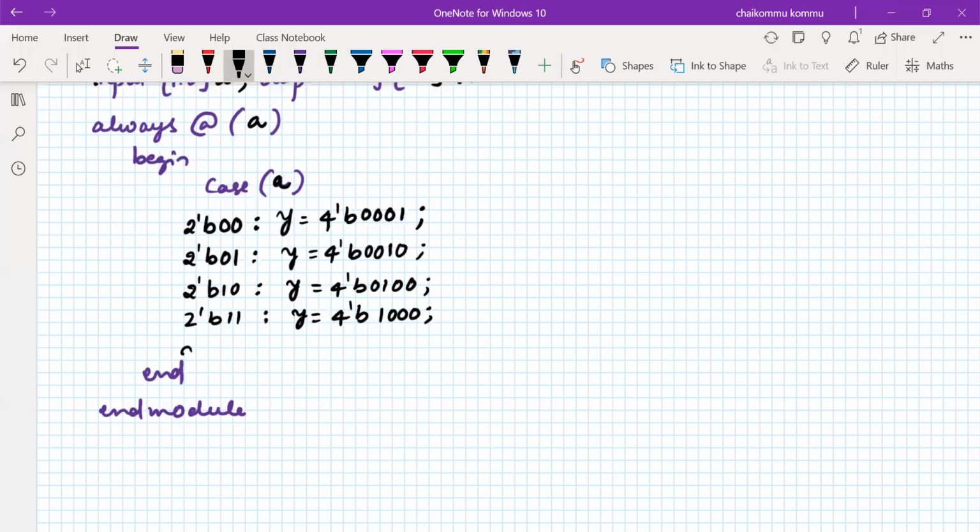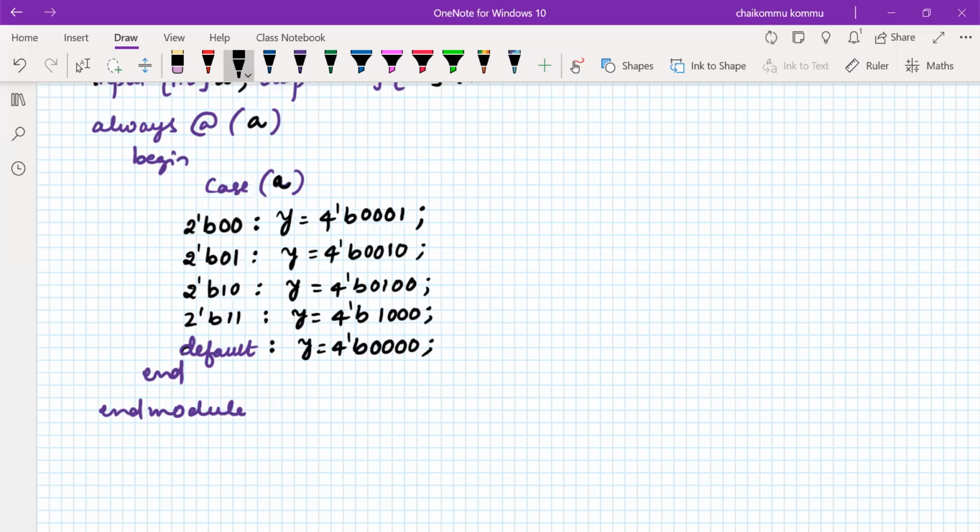Finally, default is very important. Don't forget to write default for all other cases except the given ones. Except the given, Y is equal to 4-bit all zeros. This is better, though all x or all z can also be written.